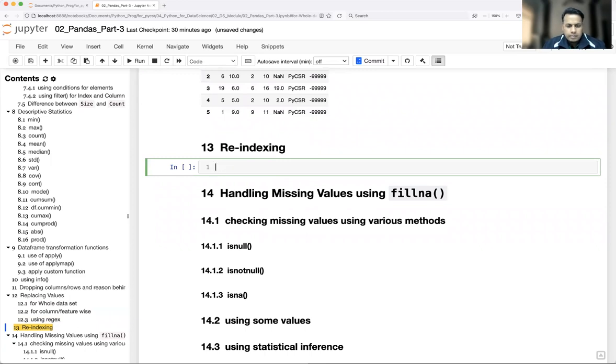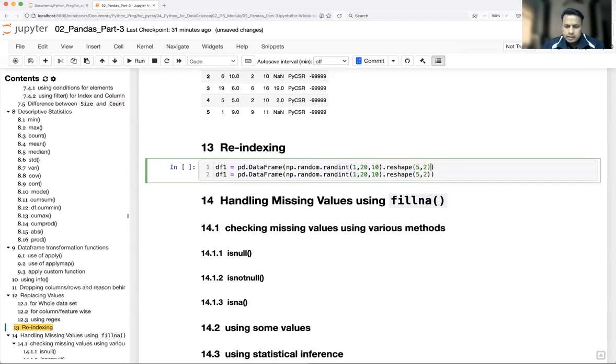Let's say df1 equal to, let's say 10 values, 5 rows, 2 columns.